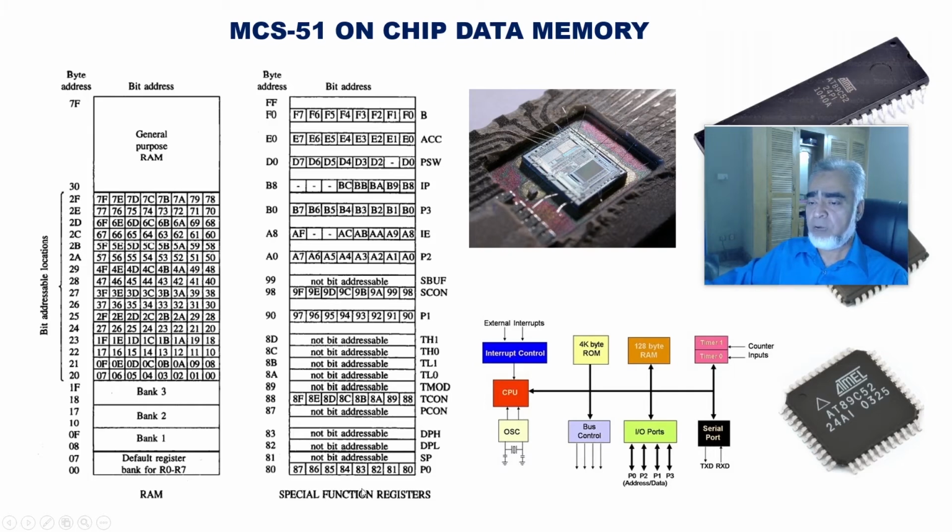And on the right hand side we can find the special function registers, that is from 80H, which is port 0, and it also has the bit addresses, that is 80, 81, 82, 83, 84, 85, 86 and 87H. We can use this port 0 as a port, that is as a byte, and we can use each bit of port 0 with its number, that is 80, 81, 82. These are the addresses of port 0.0, port 0.1, 0.2, 0.3 and port 0.7.